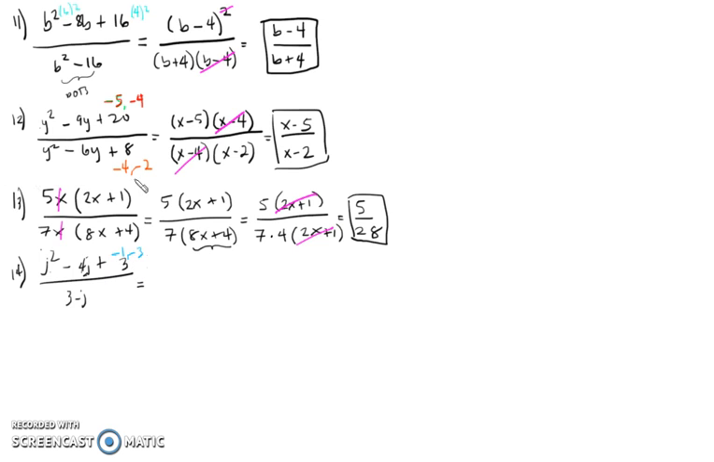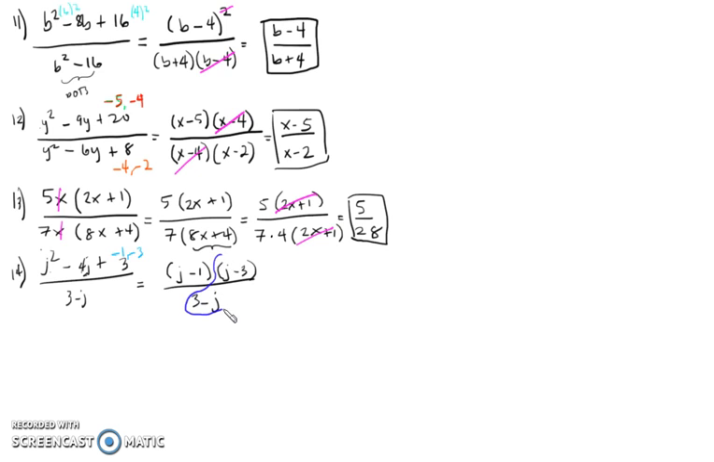So simply rewrite that one. That gives me j minus 1, j minus 3 all over 3 minus j. But as you can see, we cannot cancel j minus 3 and 3 minus j directly. But okay,